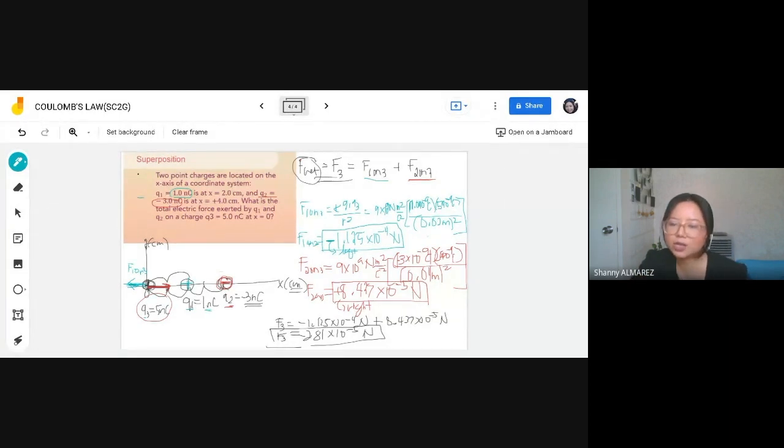Ma'am, in describing direction, will we use a negative or positive sign? Yes. That's the expectation, the positive and negative sign, if what is being asked is magnitude and direction. That's why at the start, I did not introduce it yet so that I could break the concept gently. So you would not be overwhelmed. Okay? But in our future examples, you can now use the positive and negative sign.